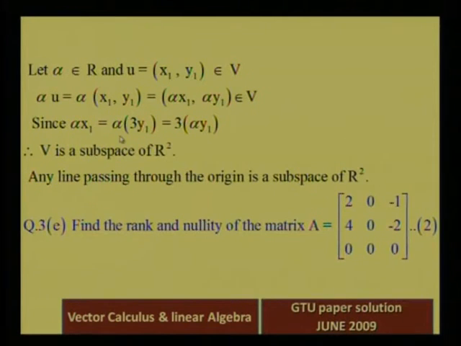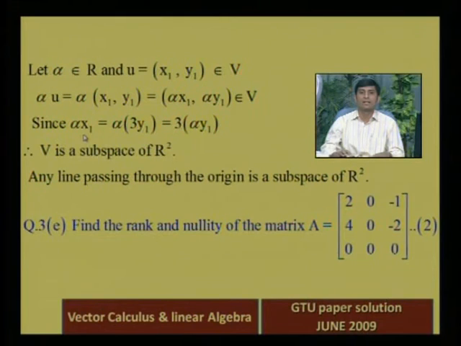The second condition is also satisfied. Quite easily, alpha belongs to R and u is equal to (x1, y1) belongs to V. So alpha into u is equal to alpha into (x1, y1), that is equal to (alpha x1, alpha y1) belongs to V. And why does this alpha into u belong to V? Since alpha into x1 is equal to alpha into 3 y1, that is equal to 3 into alpha y1. So